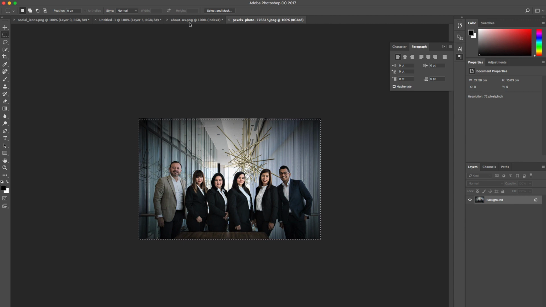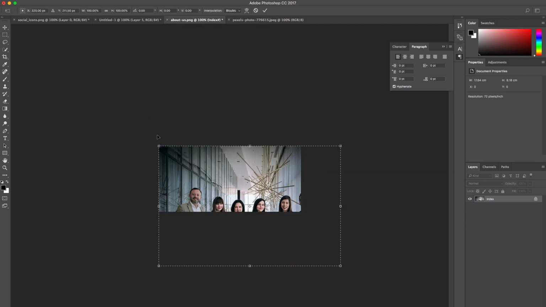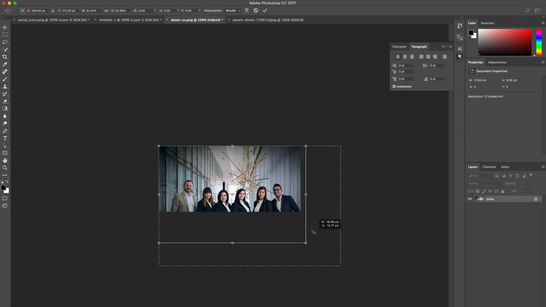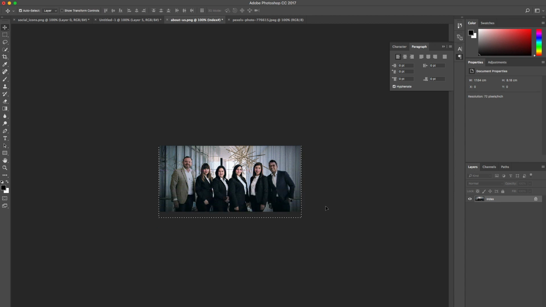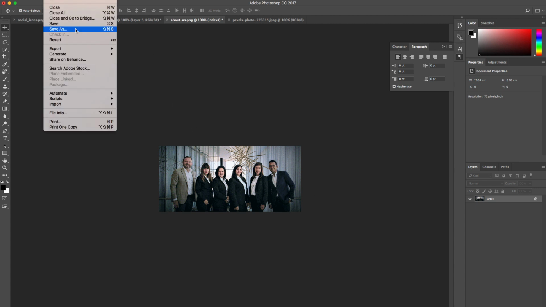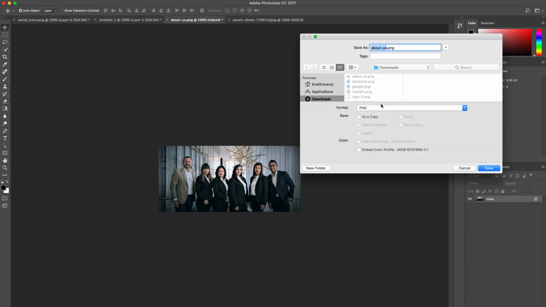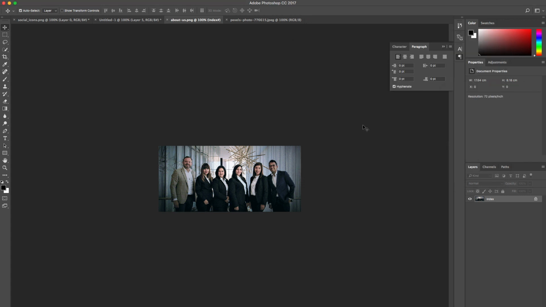So I'm going to just copy this whole thing, paste it in, Control T to resize. We'll go like that, and then we should be able to bring it up like that. All right. You know what it is, most of my Photoshop editing I've done on Windows, and the keys are a little different, so it's kind of screwing me up a little bit. But that should be good. So let's go ahead and we'll save this as About Us PNG, replace it, and then let's go back